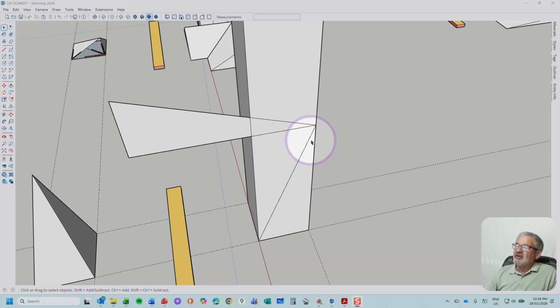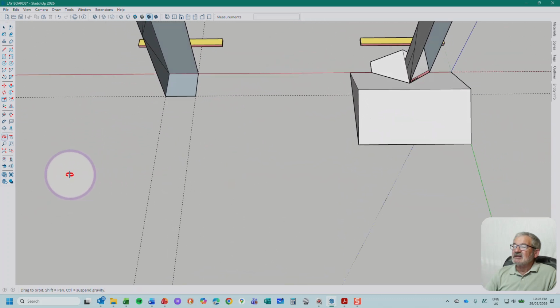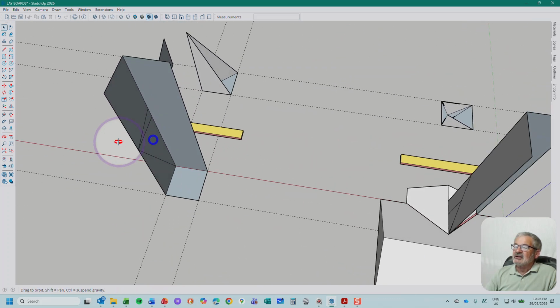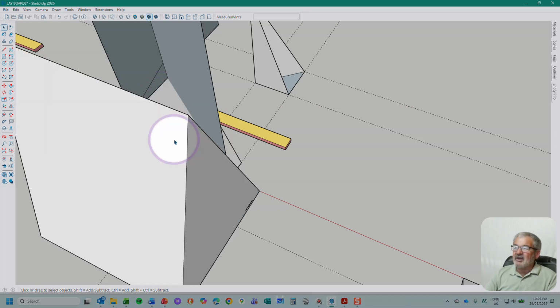So that's the length of the hypotenuse with that as the rise. This is the length with that as the rise and that as the run. And now we want this in proportion. So that's the length of the hypotenuse now with that as the rise and that as the run. Anyway, that's exactly the length of the triangle we need here. So if I go unhide now,